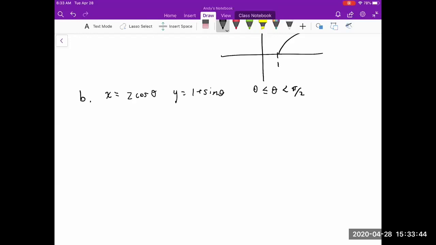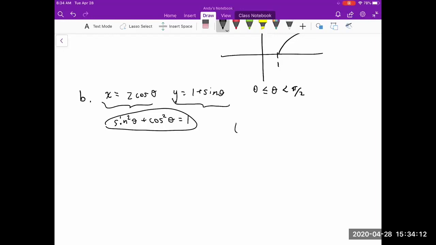This seems a little challenging, but the only way I know to relate cosine and sine is using this identity here. Sine squared plus cosine squared is equal to 1. This is the one equation that comes to my mind where cosine and sine both make an appearance. So we can square each of these. The only problem is that when you square y,